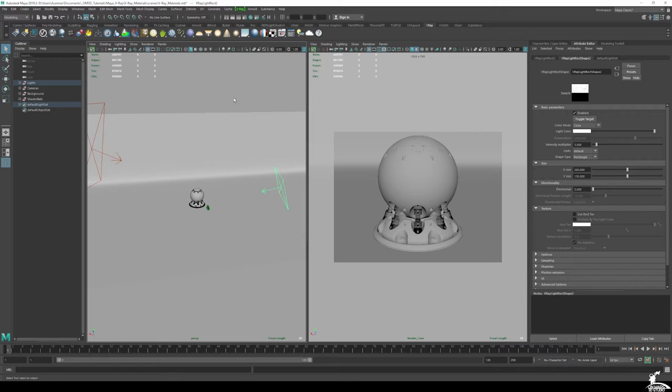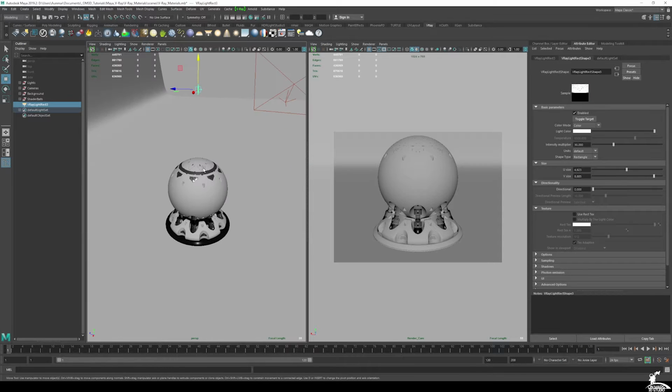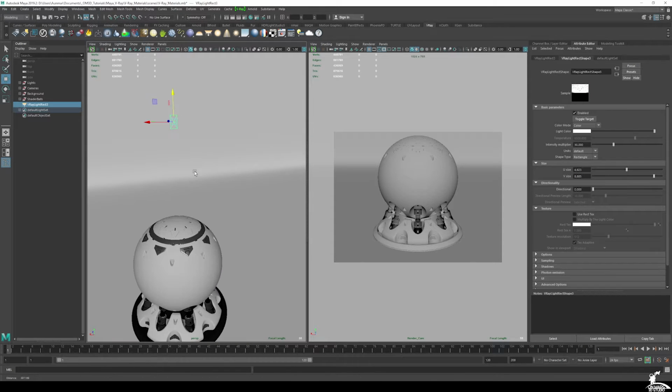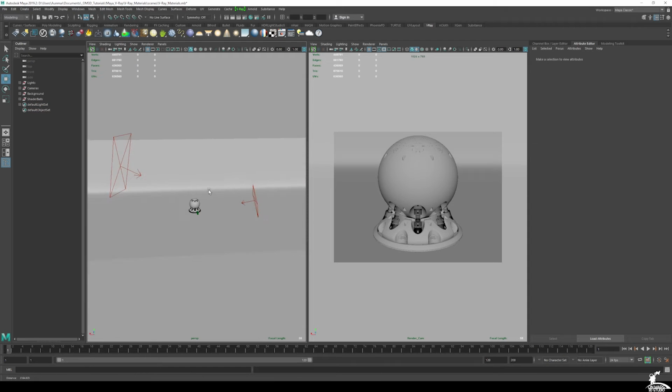V-Ray rectangle lights that I've just created using this here. So just to make sure you're able to follow along, I'm going to be using the V-Ray tab here, and you can see that I can create lights however big that I need to. If you're interested in the basics of lighting, go ahead and take a look at one of my previous tutorials on lighting in V-Ray. All right, so I have these two lights set up,